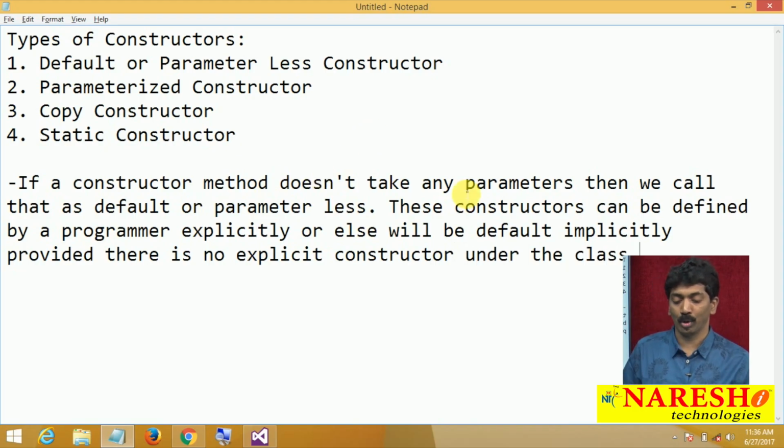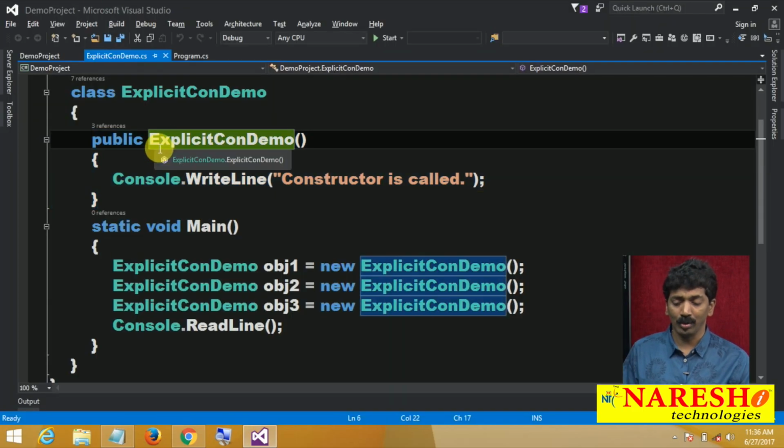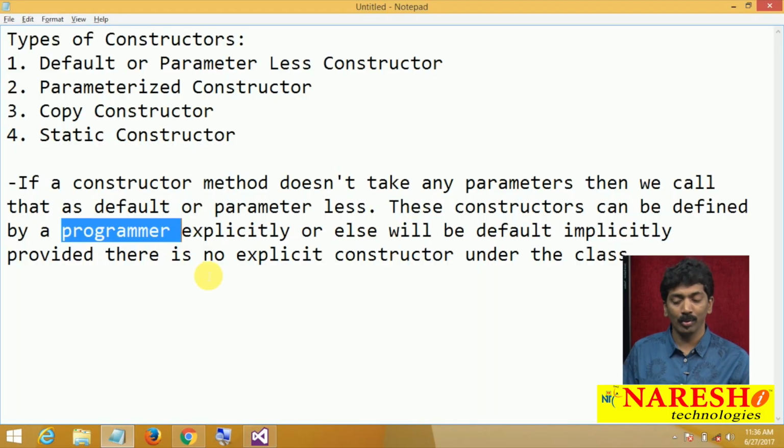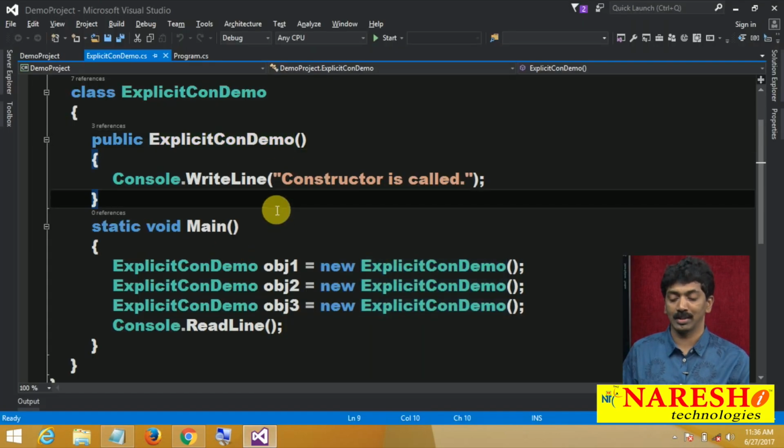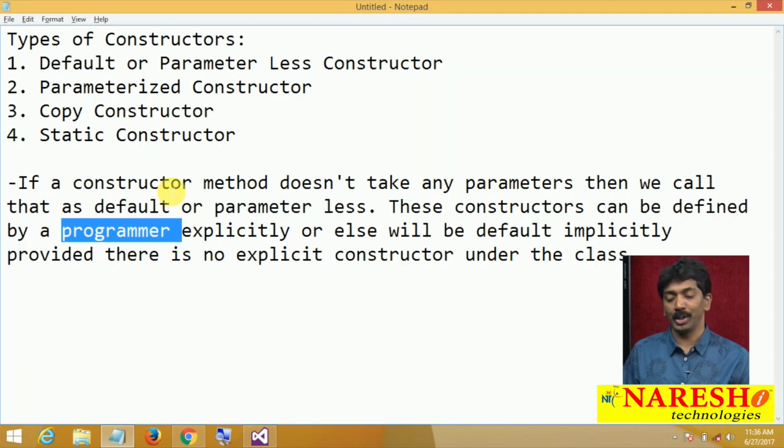The very important point to remember is that these constructors can be defined by a programmer. In the last video, I defined a constructor on my own. Or else they will be defined implicitly, provided there is no explicit constructor under the class.